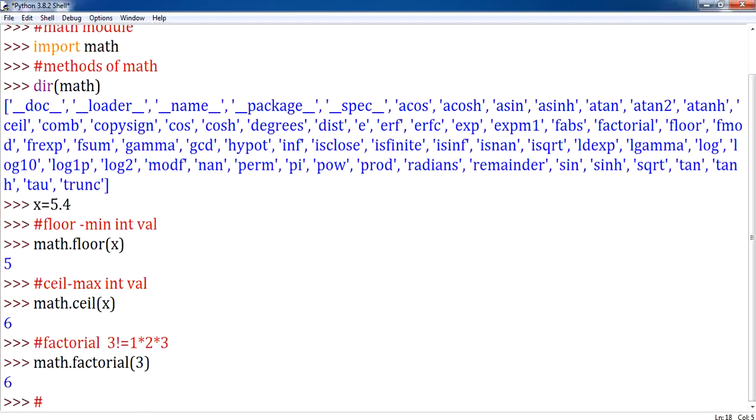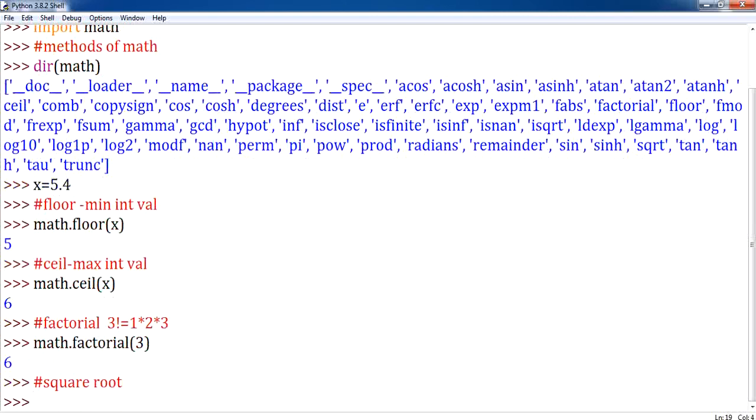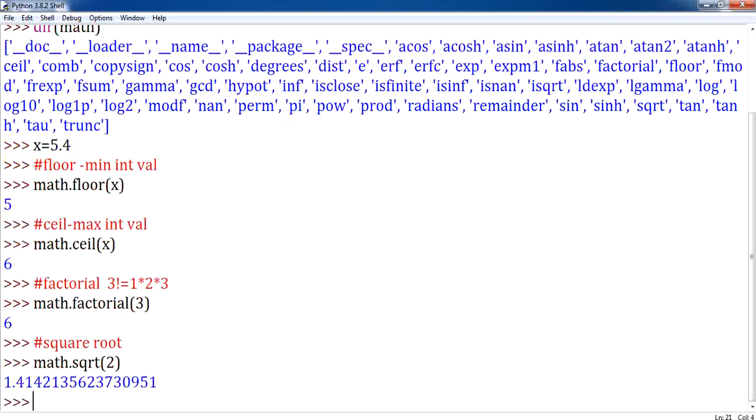And next we are going to do square root. For example, math.sqrt, and here I am going to pass a value. Let me pass 2, square root of 2. Square root of 2 has been displayed as 1.41 and so on.